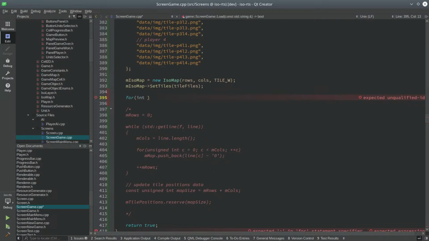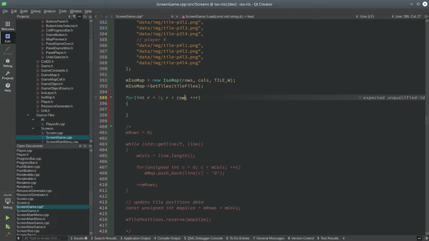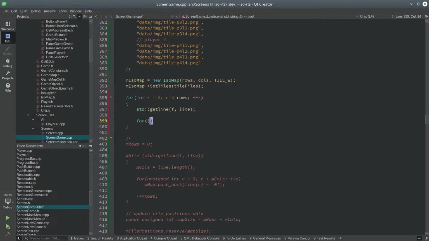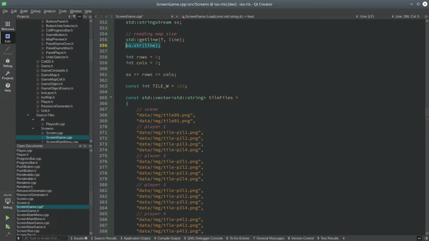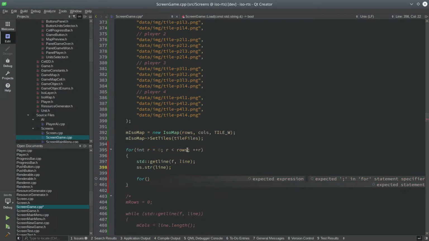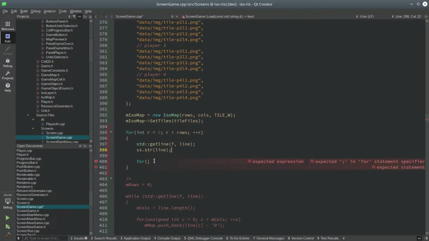I'm gonna read the rows, and I'm gonna set the values of the map. Sounds good. For rows, okay, that's fine. Get the line, and then once you get the line, okay, this is gonna be super simple code. I don't need the best performance right now, so I'm gonna use the string stream for line, and then